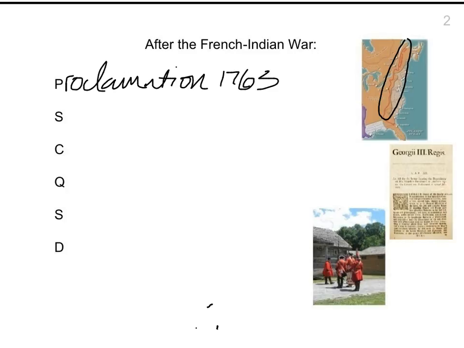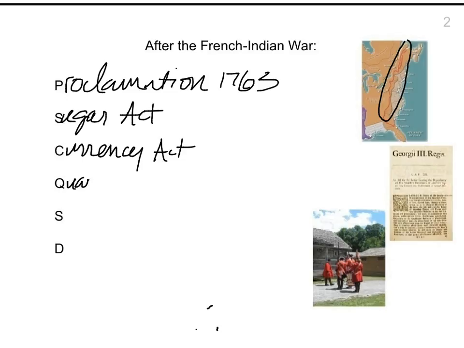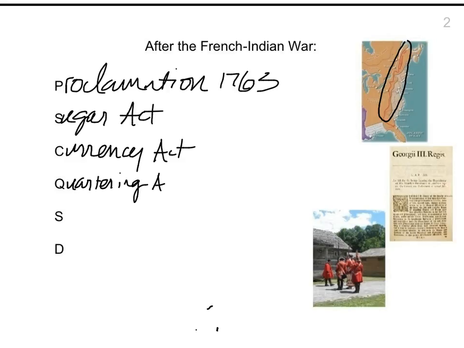Then we have the Sugar Act. The Sugar Act is a tax on sugar, sort of a renewal of the old Molasses Act, molasses and sugar being used as raw materials for rum. Then we have the Currency Act, which is just a control measure. It would not allow the colonists to print their own money. We have the Quartering Act, which would allow the British troops to be housed inside the